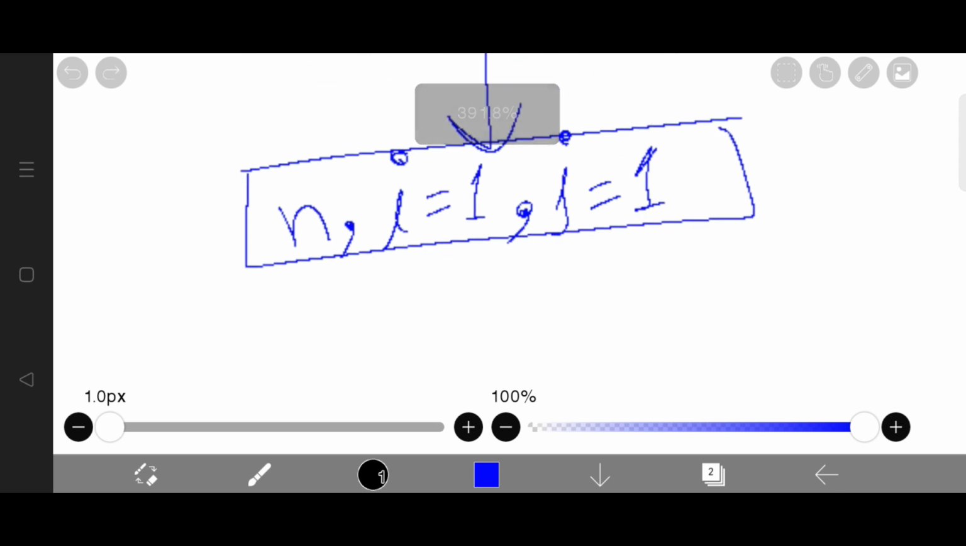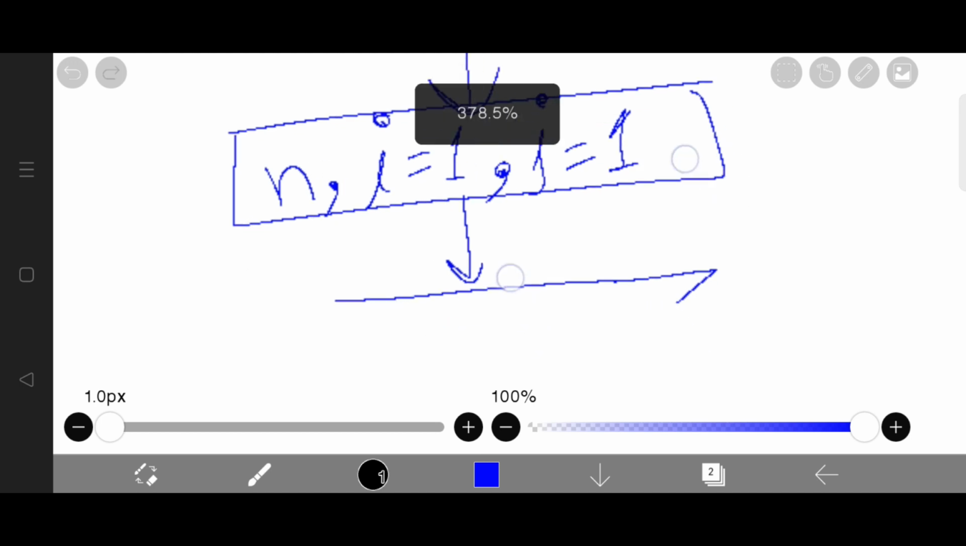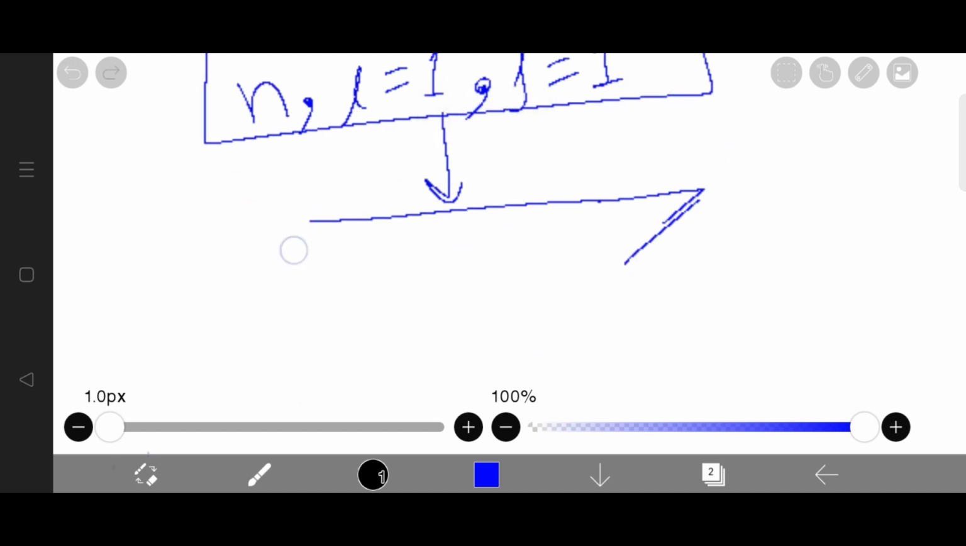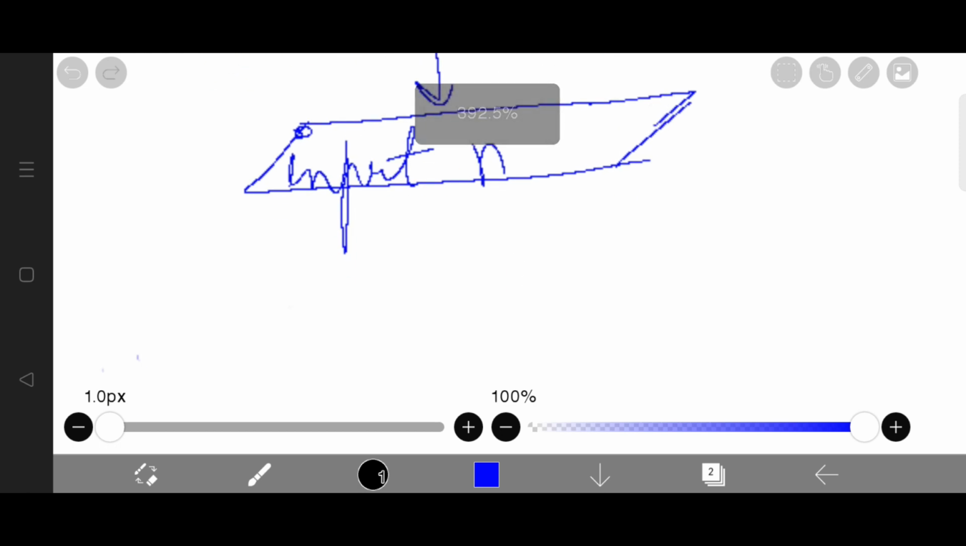Now we have to move to our input box, which is a parallelogram. Let's make it, then take input in it. Our input variable was n. So now we have started our program and mentioned our variables, then took input as well. Now we have to move to our